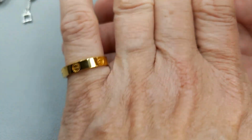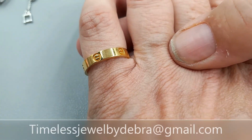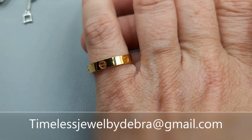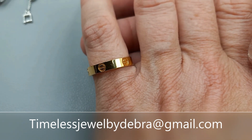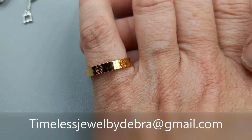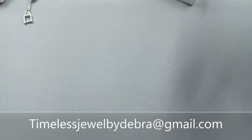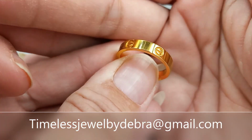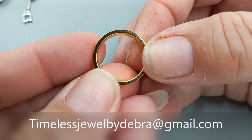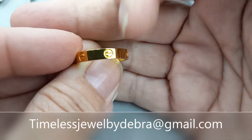So I am going to go ahead and sell it. You guys can email me at timelessjewelbydebra@gmail.com, and we can discuss it through email. And I want everyone to understand it is a fake ring. You are buying a fake Cartier ring if you do decide to get it. But it is very pretty. So yeah, email me at